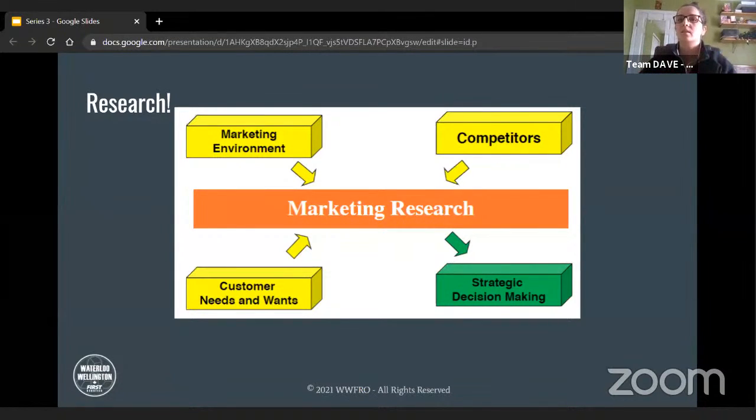And then the customer needs and wants. This is a big thing. A need is a customer's desire for a product or service for a specific benefit, whether that be functional or emotional. A want is a desire for products or services that are not necessary, but which consumers wish for. So think about the current global pandemic. Things that were deemed essentials were things that consumers needed.